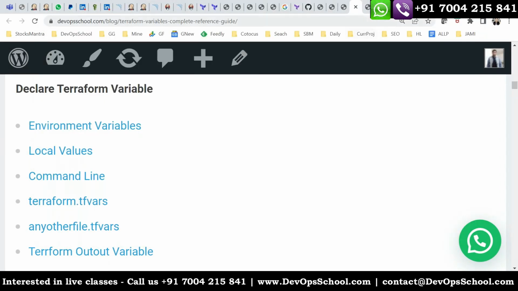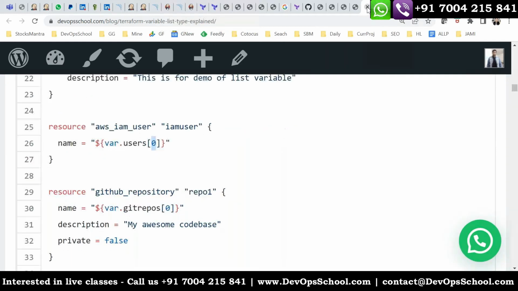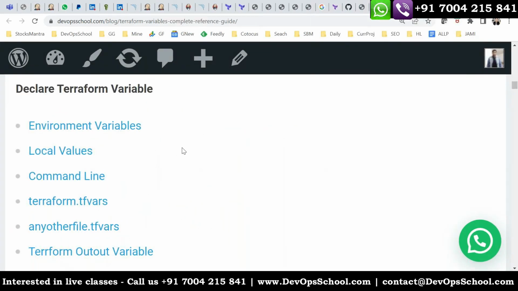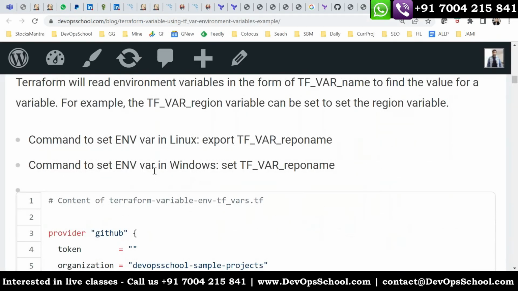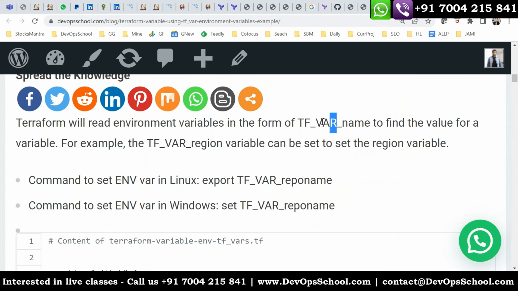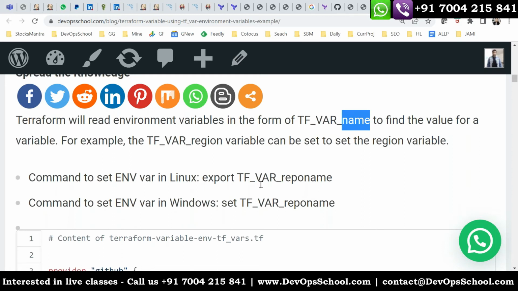But there's one condition. Not all variables are read by Terraform. The variables which are read by Terraform start with TF_VAR_. Okay, so mind it. Any variable which you want to set in the environment has to be prefixed with TF_VAR_ and then the variable name. Else Terraform will not read those variables.